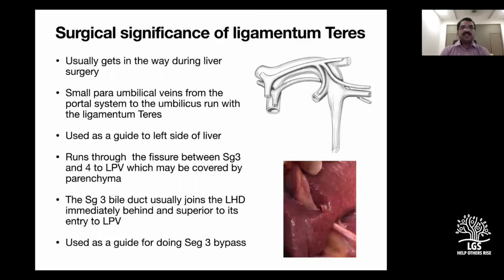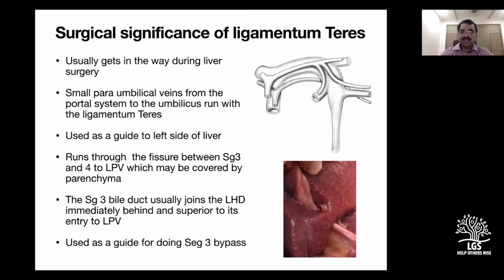The surgical significance of the ligamentum teres is that this particular ligament comes in the way of the liver surgeon. So you have to excise it or you have to keep it somewhere. So sometimes small paraumbilical veins from the portal system to the